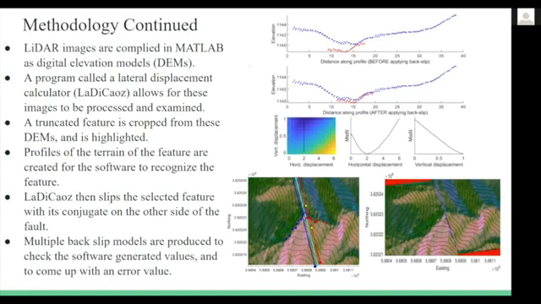So what I do is I mark where the fault is. Basically, I take these images, I crop them down to a specific feature that I want to look at, and I outline the fault, which tells the